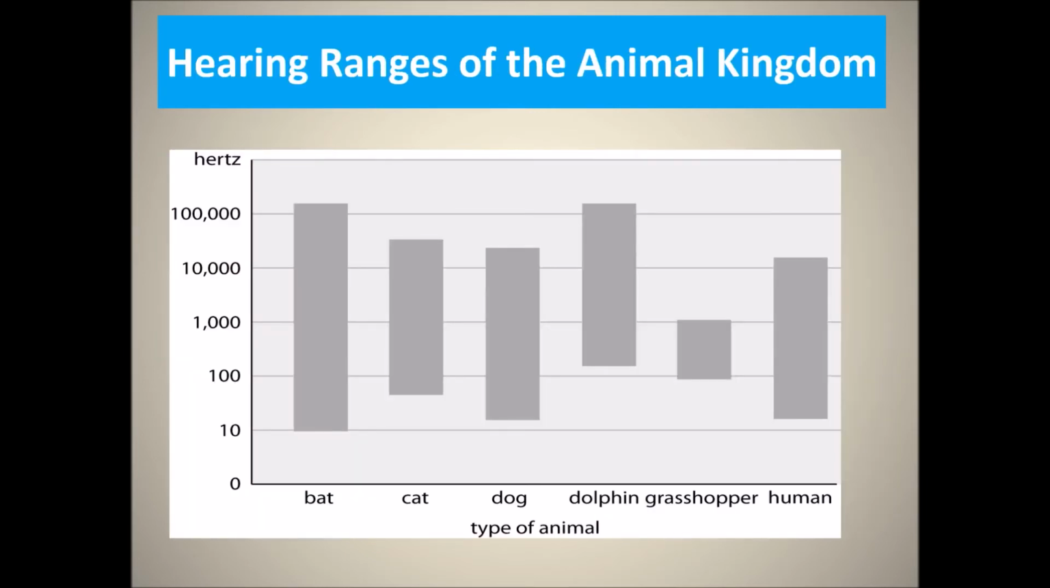Just a reminder of the hearing ranges of the animal kingdom. This bat has got an amazing range of sound from 10 hertz to 100,000, and the grasshopper's got a very narrow range from 100 to 1,000. Here's a human. And for those of you who want to learn a little bit extra about this, you might wonder, because the sound is from 20 hertz to 20,000, why this 20,000 is just a tiny bit above 10,000. It's a bit of a surprise. You might think it would be a bit higher